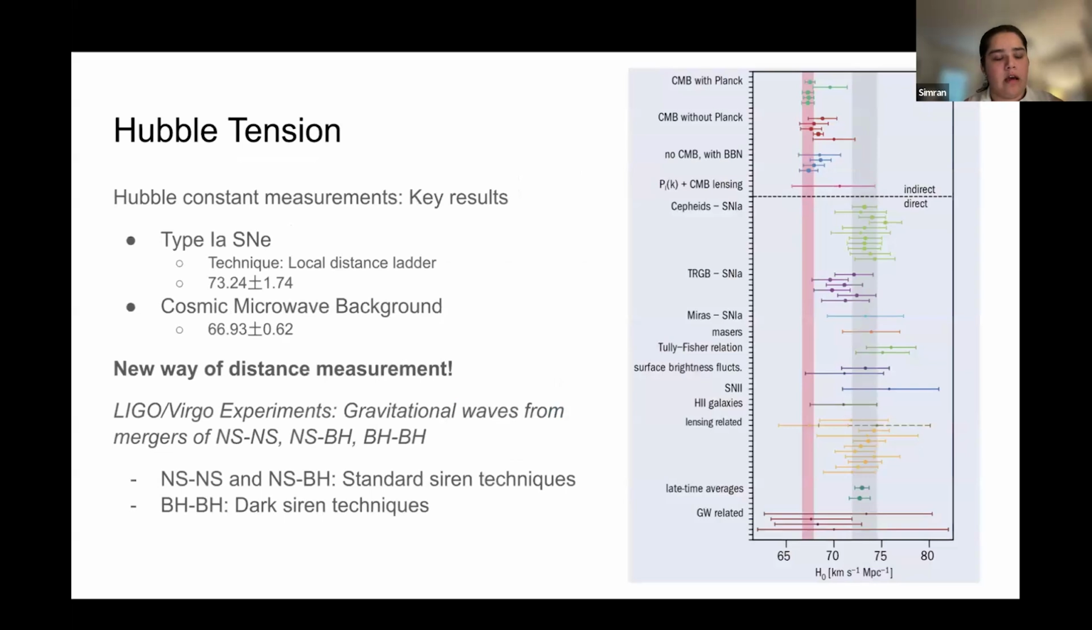Starting with some basics on the Hubble tension. This is one of the biggest questions in cosmology today, how we want to resolve the tension between the measurements that we get from other probes, like the type Ia supernovae using the local distance ladder technique, and the cosmic microwave background results. So with the establishment of LIGO-Virgo gravitational wave experiments, we were able to find a new way of distance measurement, which in turn helped us a lot in